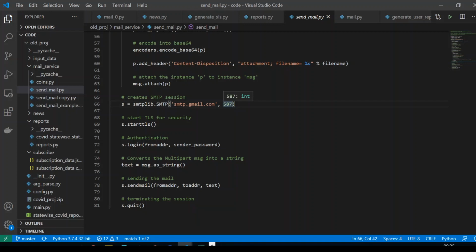This is fixed for Gmail, and this is your Gmail address. That means this will be mapped to a certain IP address in their server address. This DNS will take care to map that particular PC into this particular one, just like www.google.com. So this is your mail domain name, and this is the port